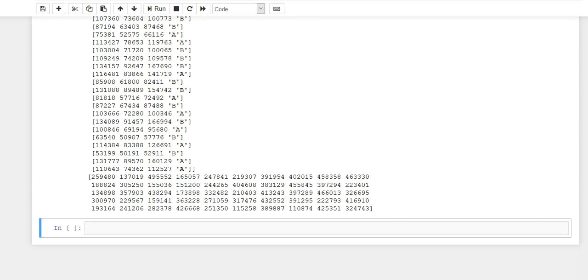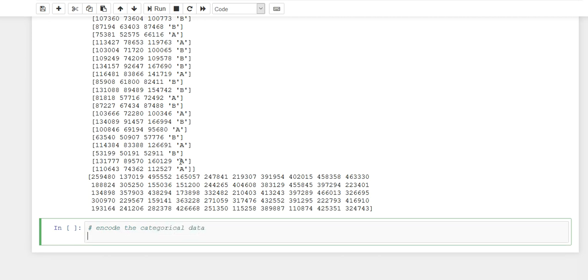Okay, the next step in this tutorial is, since we have categorical data, now we need to encode the categorical data. So same thing as what we have learned before. We need to encode the categorical data. To perform this one, I will be calling